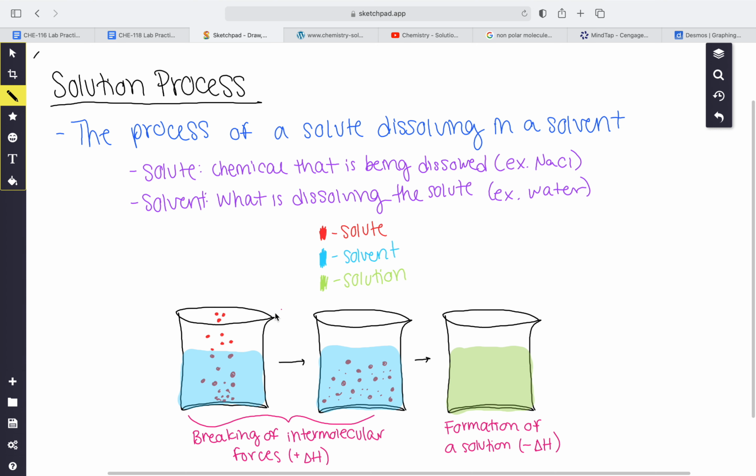So your solute is the thing that you're adding, like your salt. It can also be a liquid, so it can be something like ethanol, which is an alcohol. And then your solvent, which is usually a little bit stronger, and, well, it doesn't always have to be stronger, but